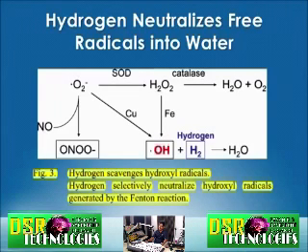On the other hand, hydrogen is much more effective because it goes after only the harmful free radicals, the hydroxyl radicals. You can see here the hydroxyl radicals, and then when hydrogen combines with it, it turns into water. So not only does hydrogen selectively neutralize hydroxyl radicals, it turns them into water as well. So this is more of a sniper approach. It's able to take out only the bad guys.